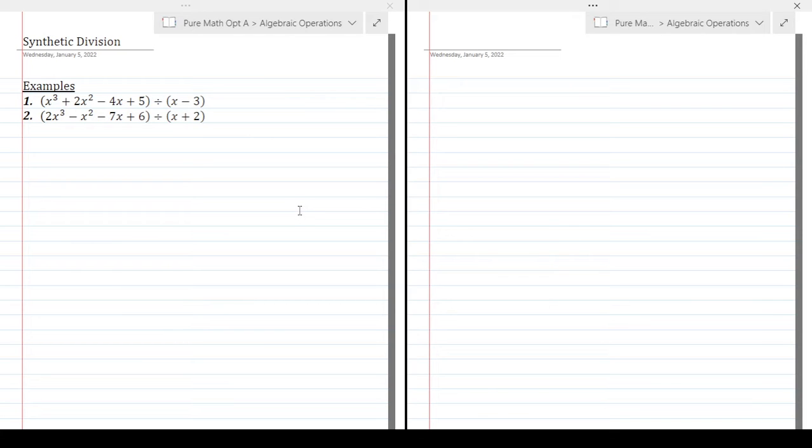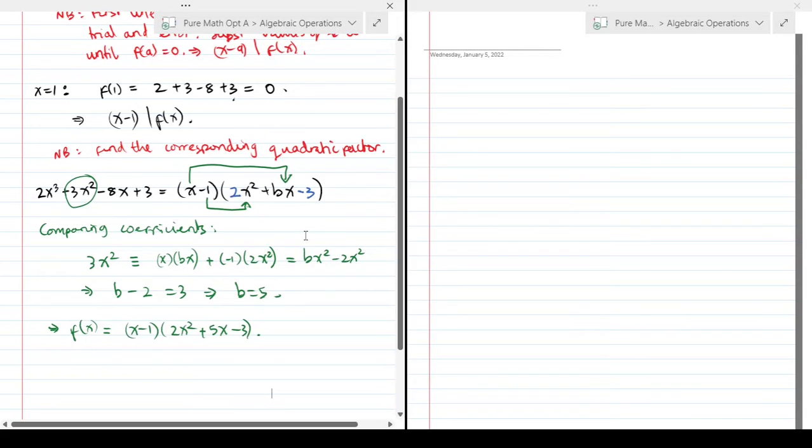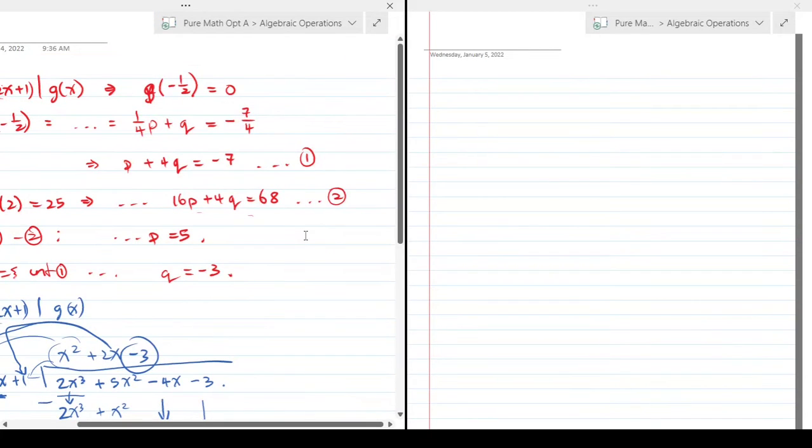So synthetic division corresponds directly to long division, right? A lot of the numbers and steps that are in long division, synthetic division replicates, but it leaves out a lot of unnecessary things, right? Now, one unnecessary thing that takes place in long division, if I were to jump back to a couple of long divisions that we did,